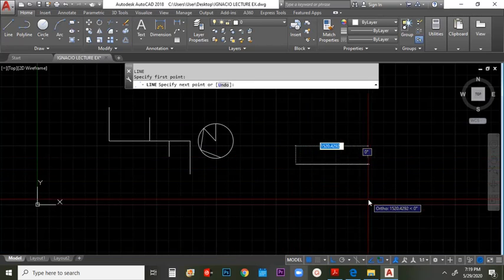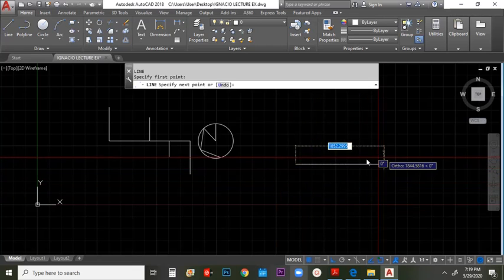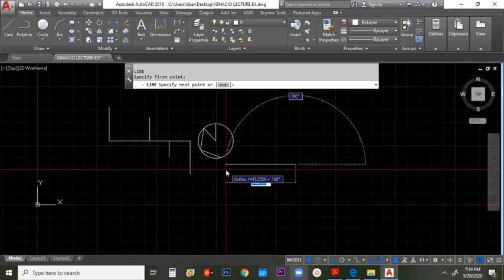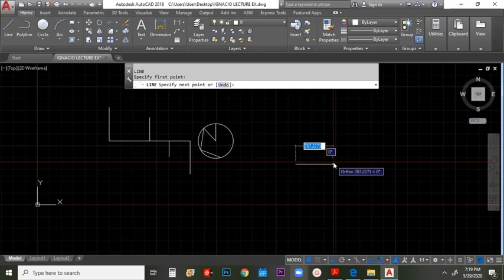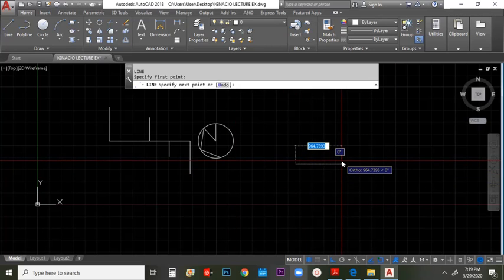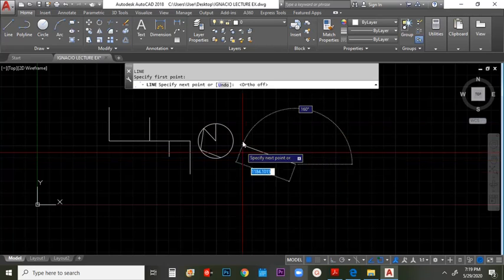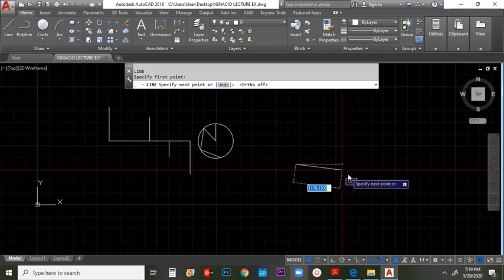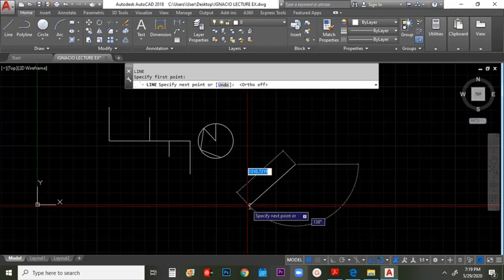Specify first point anywhere within the screen. As you can see, I can only create a line horizontal, vertical, left, and right. Now if you hit F8 on your keyboard, you can move your line freely within different orientations on your screen.